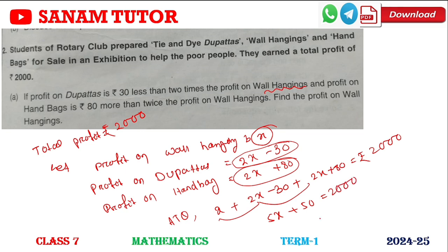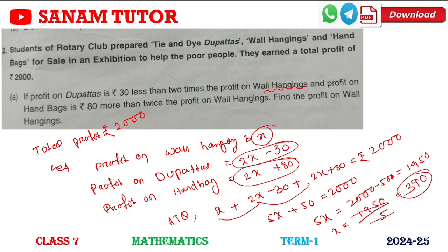Now 5x equals 2000 minus 50, that is 1950. Okay, so we can write x equals 1950 divided by 5, that is 390. So the answer is rupees 390 profit on wall hanging. Okay, so next